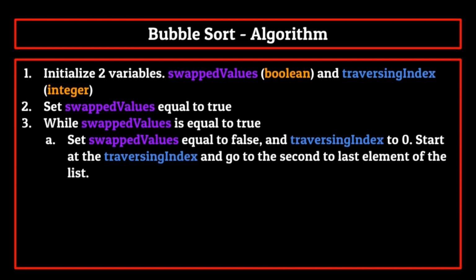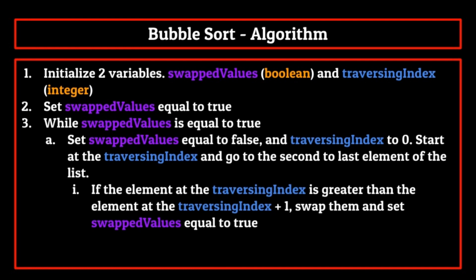Then we start at the traversing index and go through the list until the second to last element of the list. We only go to the second to last element because, as you'll see in the next step, we end up comparing the element at the traversing index to the element at the traversing index plus 1 and swap if necessary. If we tried to traverse the entire list, we would end up performing this comparison on the last index and the last index plus 1. This would result in an array out of bounds error. Only traversing the list to the second to last index still lets us compare every element in the array while